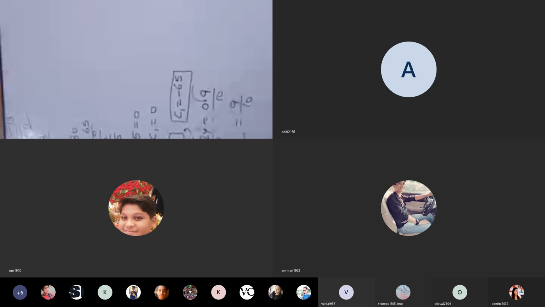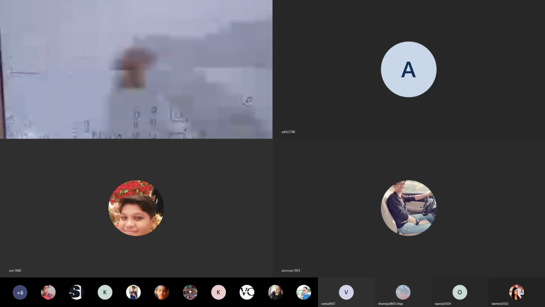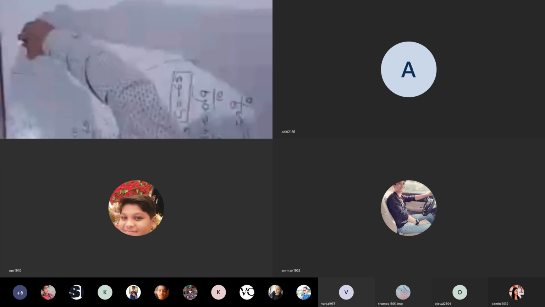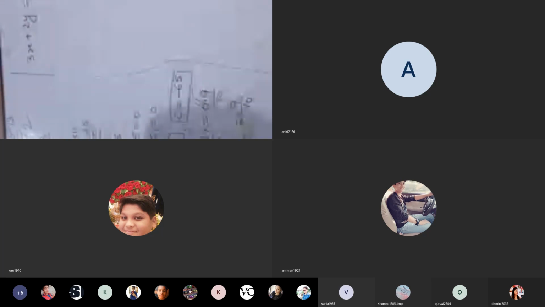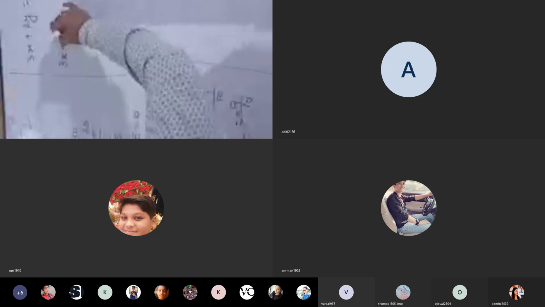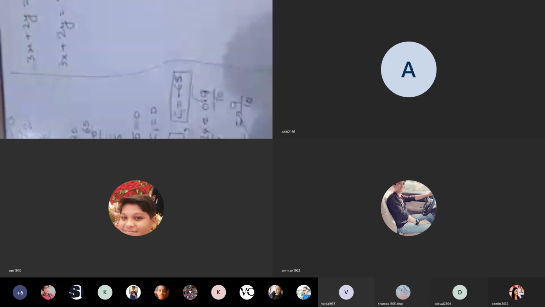Now we will cross multiply. This 10 will come here upside. Don't bring this 10 upside, because when we will bring this 10 on right hand side, both the 10 will get cancelled. So no need to shift this 10 on left hand side. So what will be your next step? 3x plus 2y is equal to 9 into 10 divide 10. So this 10 we will bring on right hand side. Now 10 and 10 will get cancelled. 3x plus 2y is equal to 9.